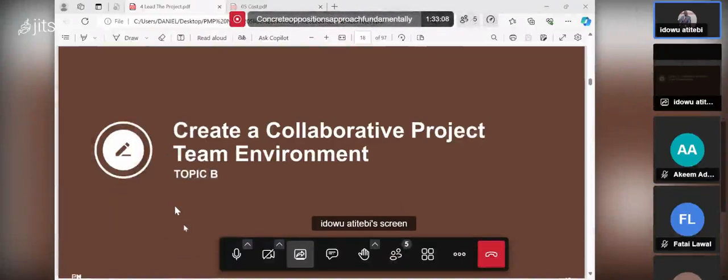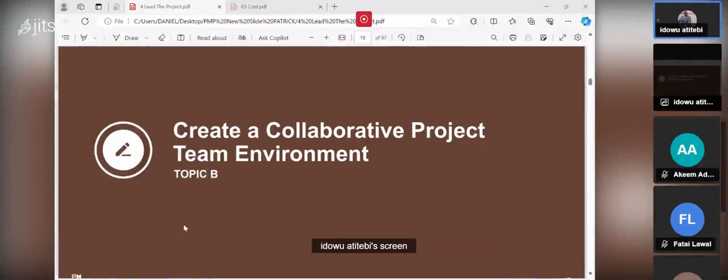So we are back for the continuation of the training. We are talking about leading a project team. One of those tools you are going to use to lead a project team is to create a collaborative project team environment. Remember when we talk about collaboration, a collaborative project team environment,